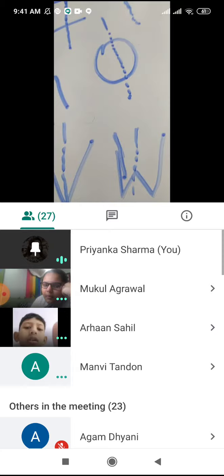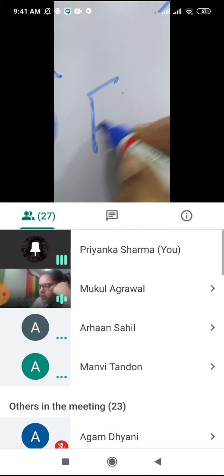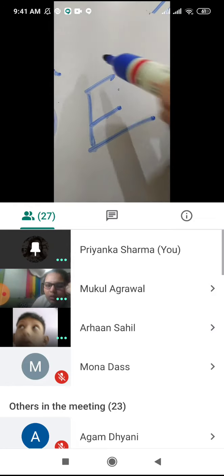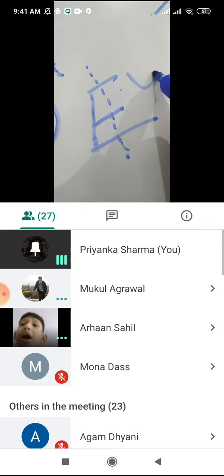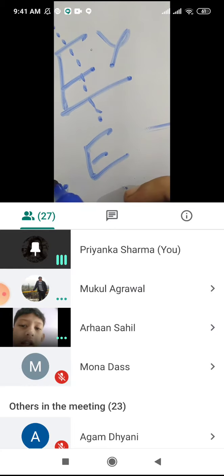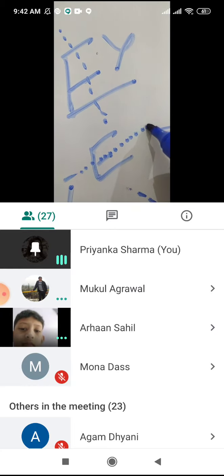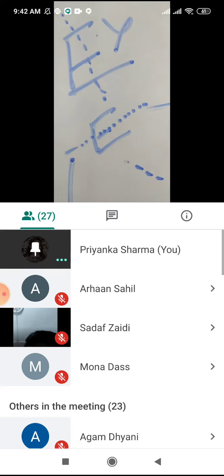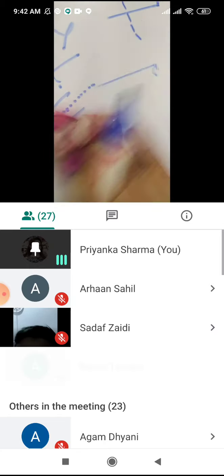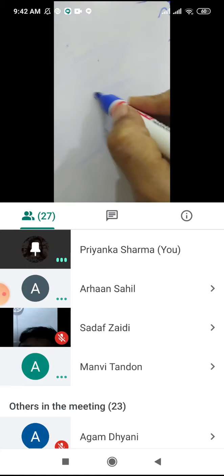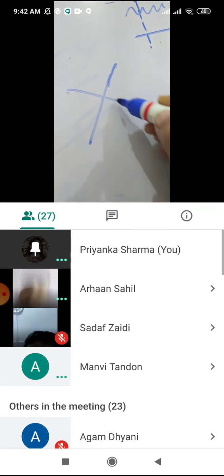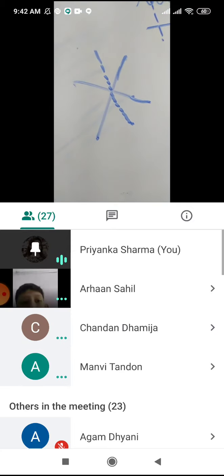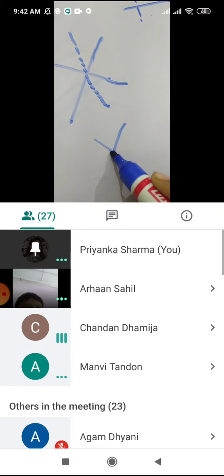Not E, not E. How will E work, beta? Now look at E. In vertical, all lines will not come equal. No, wrong. E will be divided by horizontal line. Yes, horizontal line of symmetry. Okay, then X can be divided. X by vertical line. See, like this. Yes, vertical line of symmetry. X can be divided. Y can be divided.